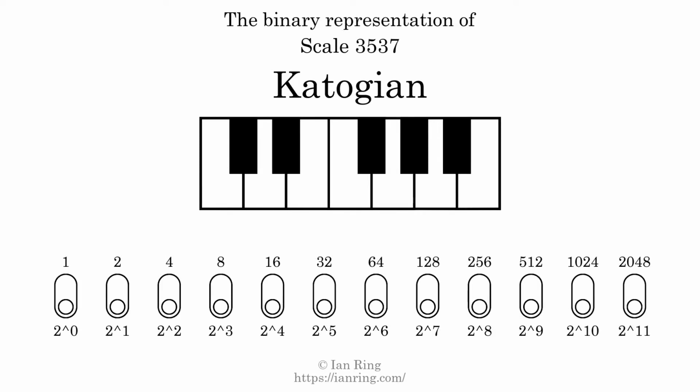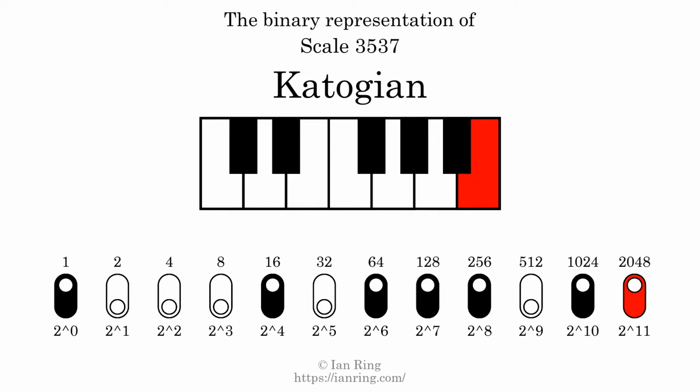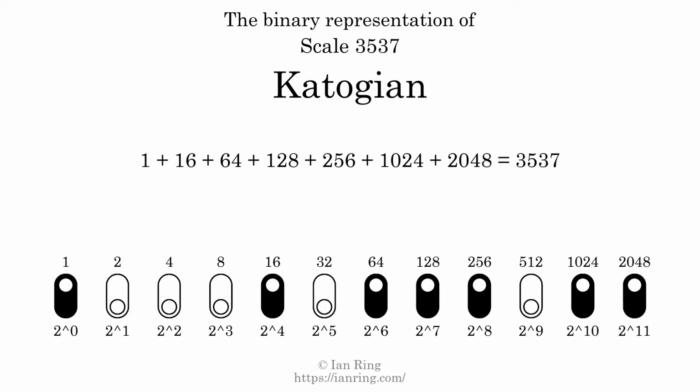The binary representation of this scale is determined by mapping tones of the scale to binary digits. Each binary digit represents a power of 2. To get the scale number, we add the powers of 2 together. The powers of 2 that are present in the scale, all added together, equals 3537. That is why the scale number, in decimal, is 3537. The scale number not only enumerates the scale with a unique index, but it also literally describes the tonal content of the scale. Represented as a binary number in base 2, the scale number is